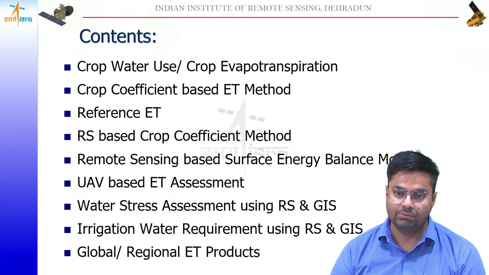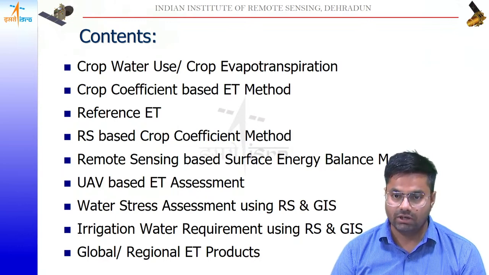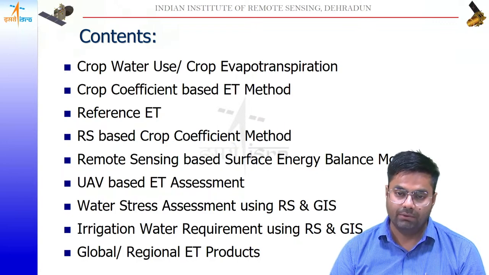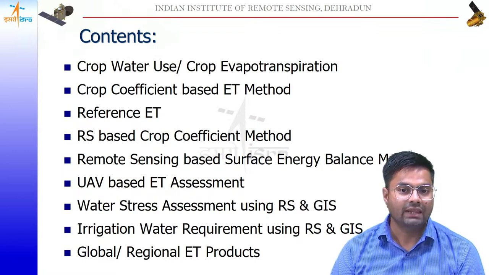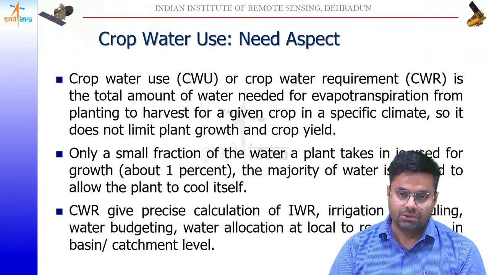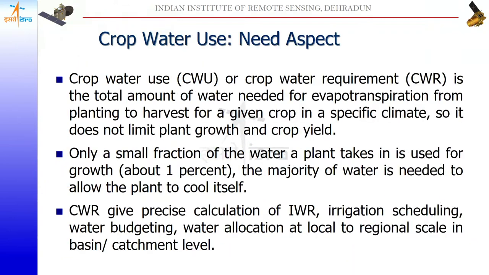And water stress assessment using remote sensing, and irrigation water requirement using remote sensing, followed by global and regional ET products, which are free in nature and where you can easily access the datasets at global scale. You can check them out for your region and your local location, and you can easily download those datasets for free. So I will start my lecture with the very first topic, crop water use,